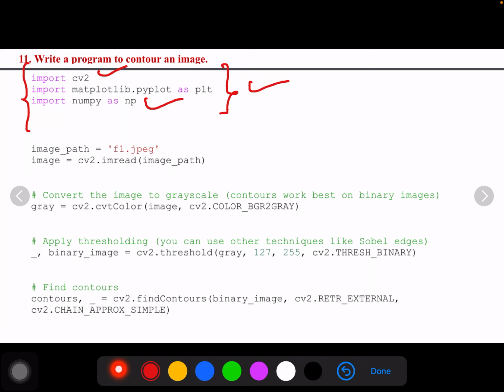So after importing all the necessary libraries, you have to load the image, and you know the procedure for loading an image. Either you can fetch the path and pass that as a parameter to the imread function, or else directly you can give a path over here. So after reading the